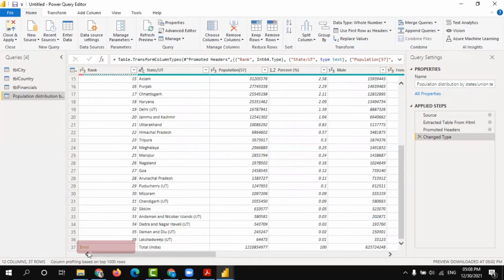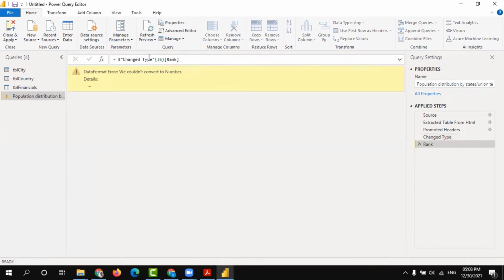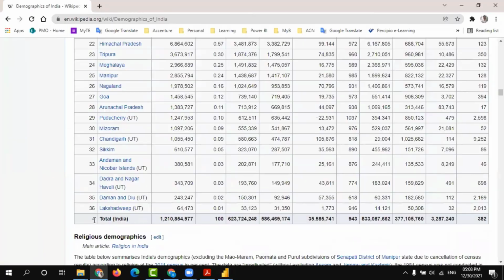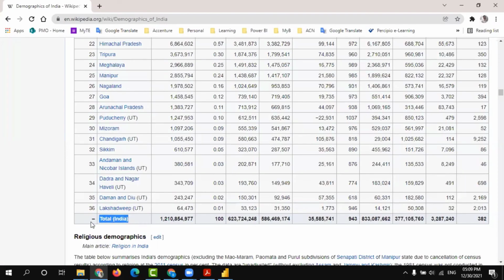You can see here there is an error. You can click on that error and see that the data type is not able to be identified. So what you have to do is eliminate all the errors. You can see this one, a hyphen is there. Now if you look, this rank field has an error. This green line did not come, which means there is a problem within this column. The problem we have identified in the source is due to this hyphen.